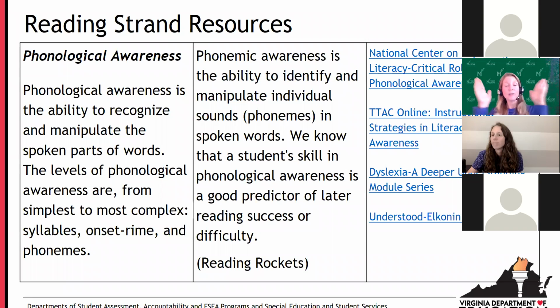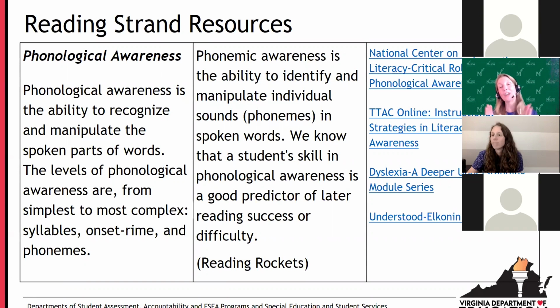Then it funnels completely down to a specific focus on our students with significant cognitive disabilities. So we're moving from reading instruction for all to reading instruction for specific needs, reading intervention that's going to match a student's instructional need, to reading instruction specific to students with significant cognitive disabilities.